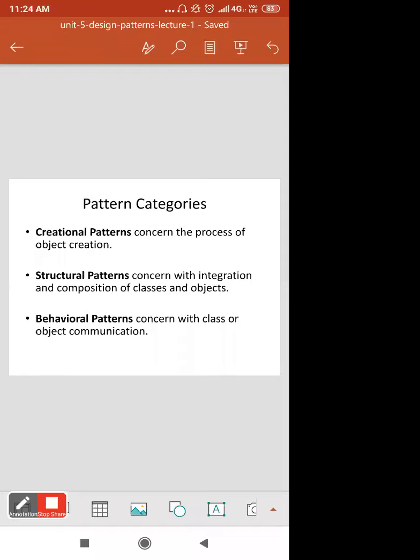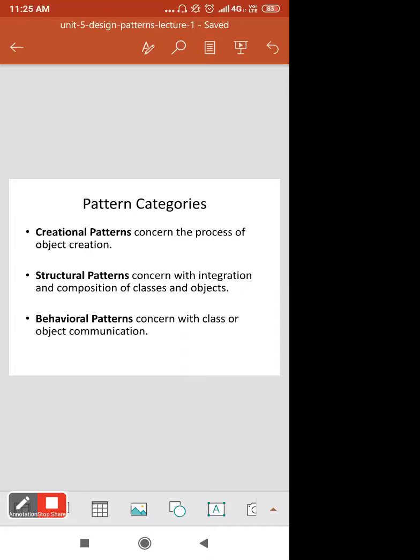In the second, we have implemented and composed them, and now in the third, that is the behavioral pattern, we focus on the behavior of these objects and classes. So these are called behavioral design patterns. Now we are going to see how they behave, how the interconnections and relationships are in between.